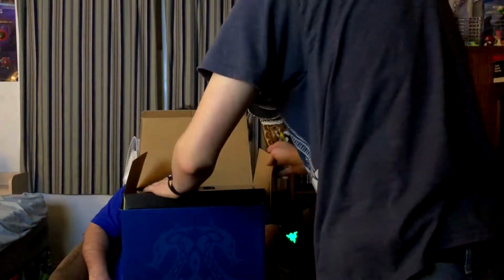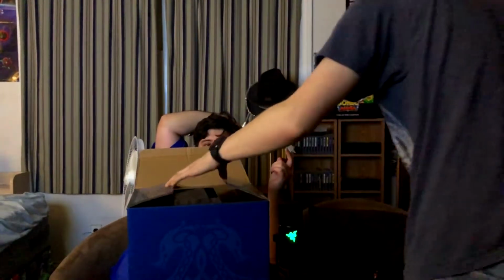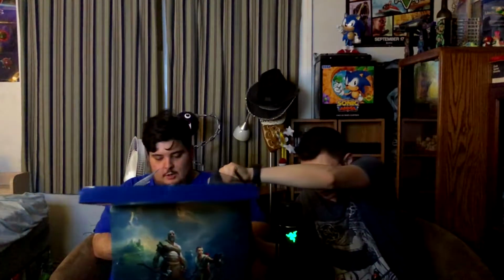Alright, so first we're going to... There's a bunch of writing on here that I can't even read. I don't read anything from God of War, I'll tell you that much right now. Maybe we can get a Trace to help us translate this. Not yet, I don't have the right magic. But this box art is really cool though. Maybe at one point, since I got my tax returns, I'll see if I can trade in and get the actual...